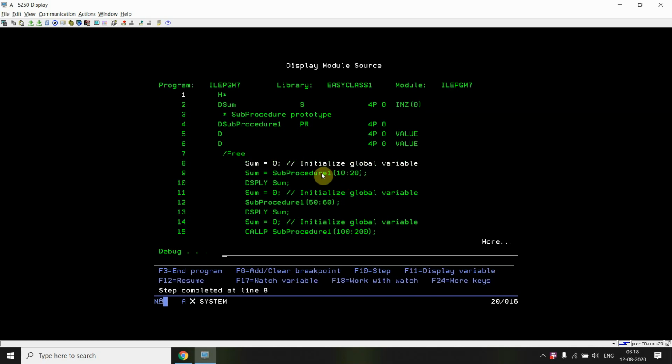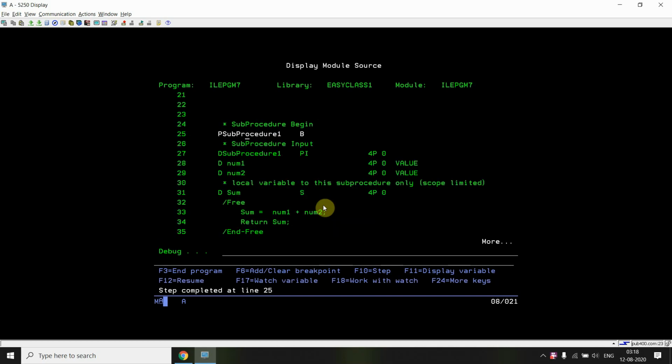Here you can see, since this is call by value, we can pass these values here. Basically this will return some value, 30: it will add 10 and 20, return 30, and we will be displaying 30. But in this case, as you can see, sum is now 0. Shift F10, so it is returning sum.